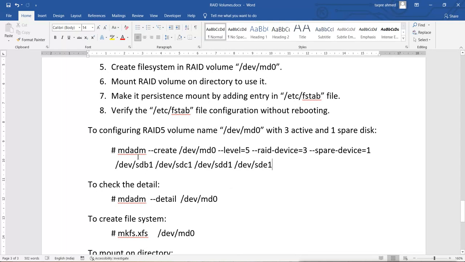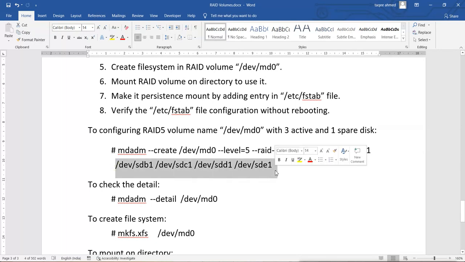To create this, we use the mdadm create command, and by using this we create this RAID volume md0. We decide the level, and we decide how many disks we want to have in this RAID. Then I wanted to add a spare disk, so I added that also, and then I mention the names of all those disks and partitions.